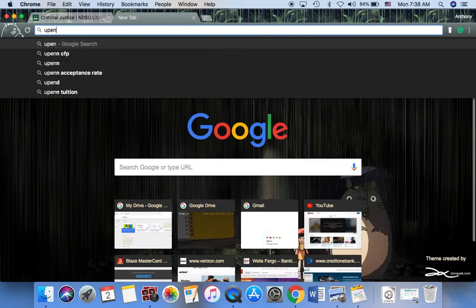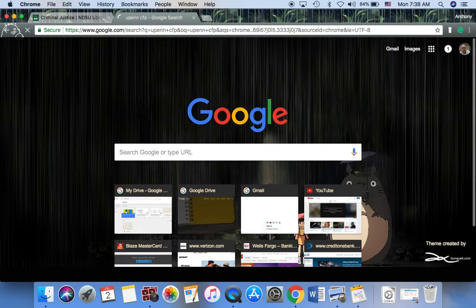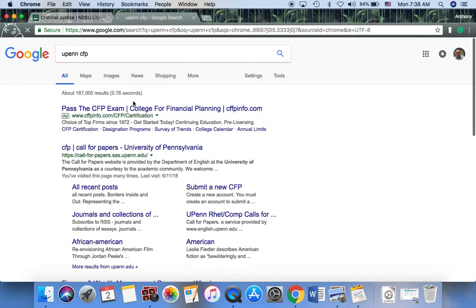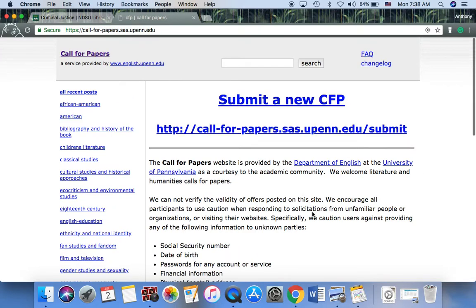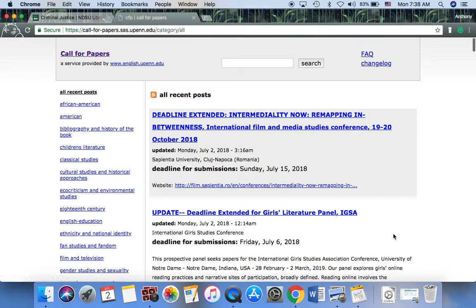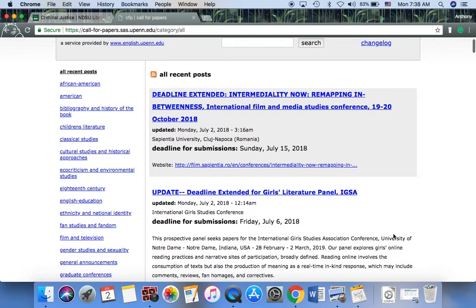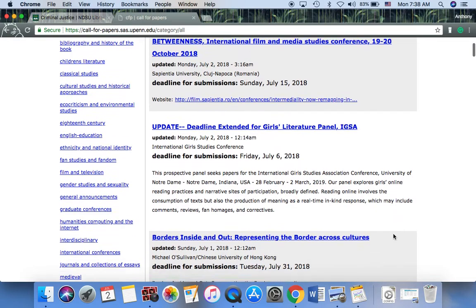The other thing you can do, which we'll talk more about later, is look for a call for papers in your field. So UPenn has a great website for this. But if you look through the various calls for papers, you will find that a pattern of what's popular for academics to do research on right now begins to emerge,